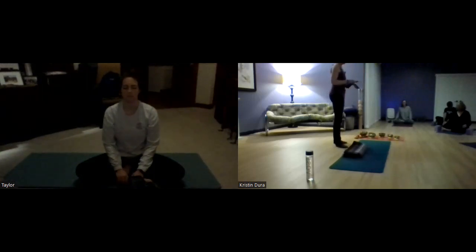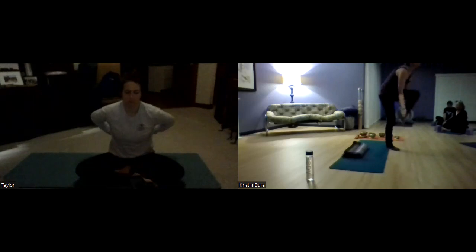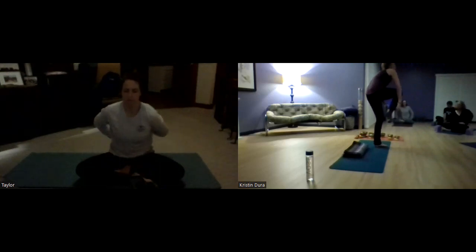And if there's a physical area of the body that is calling for a little extra nourishment tonight, a little extra love, support, attention, place your hands on that space of the body. And maybe it's the heart, maybe it's the emotional body, maybe it's the thoughts, the mind, maybe it's your shoulders, maybe it's your low back. And so if there's a space that just wants a little bit of nourishment,